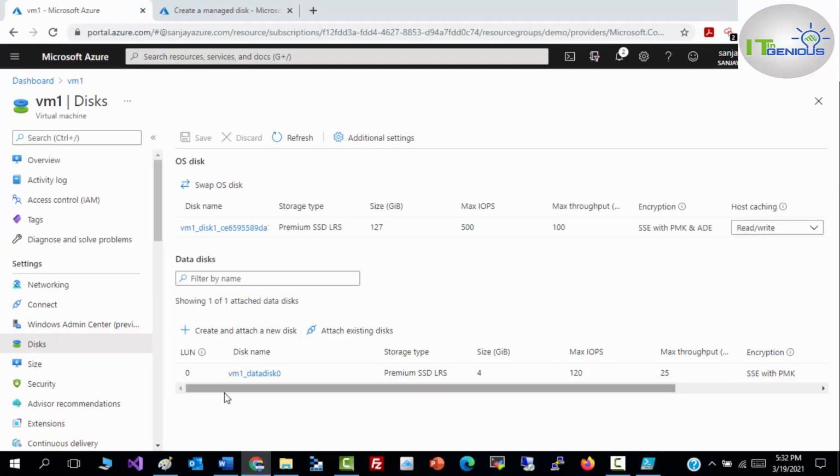We have attached one disk through the portal. Now I am going to attach another disk through PowerShell.